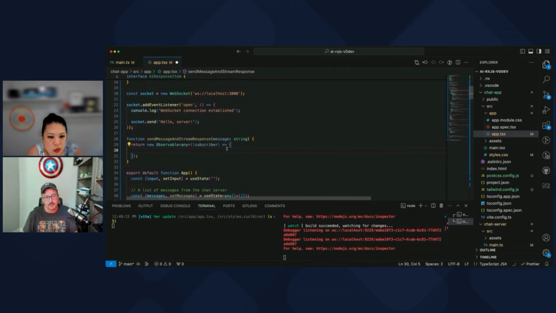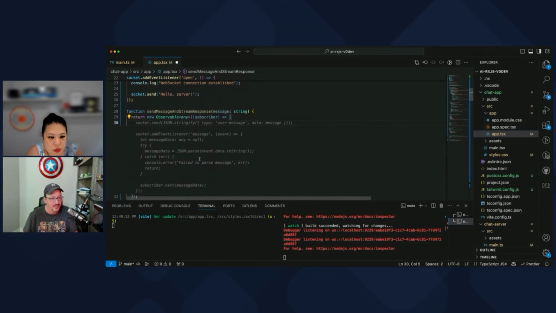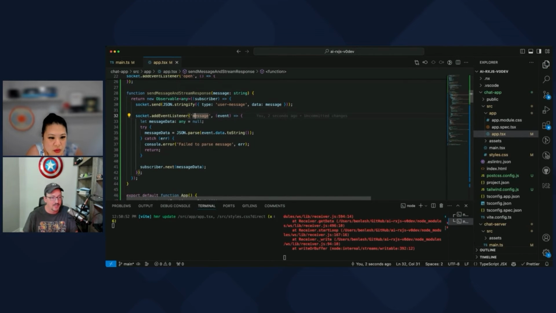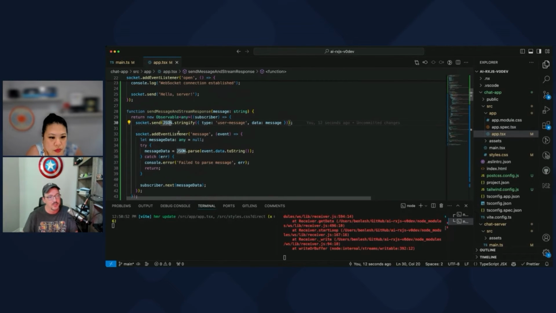But what I'll do is I'll actually have the socket send, here's the user message. Oh, look at this. Let's see how accurate this is. So we send the user message and then we add this event listener that's like, hey, when we get a message, yeah, so this isn't great. I need an observable that's just going to give me messages that are from an AI message.